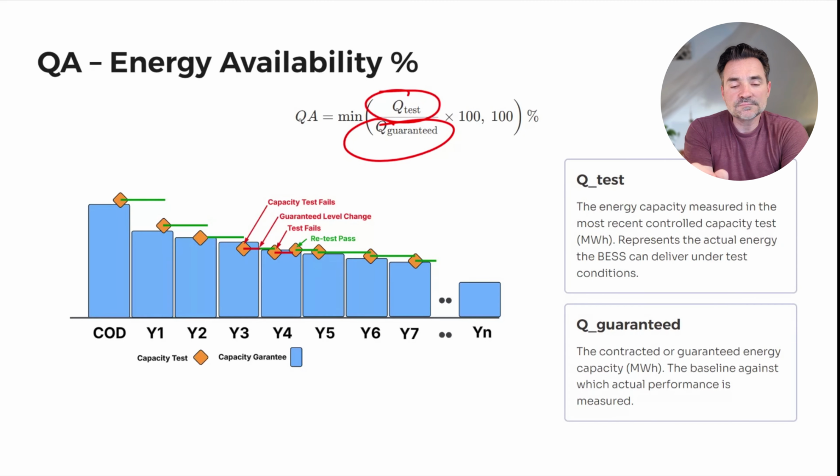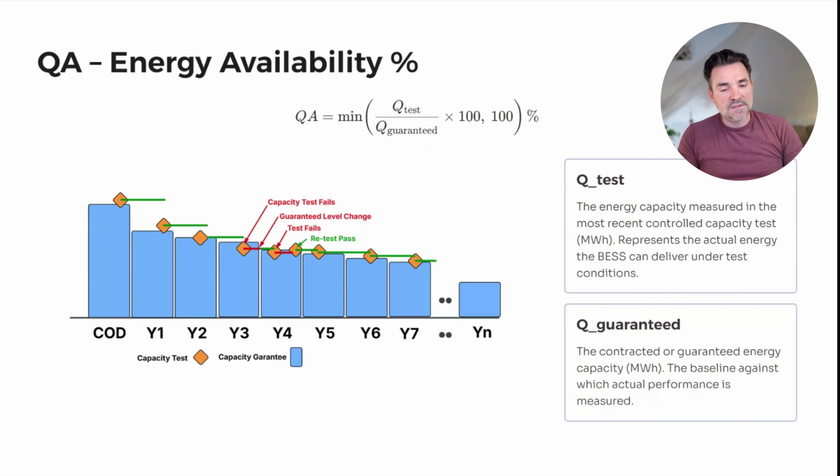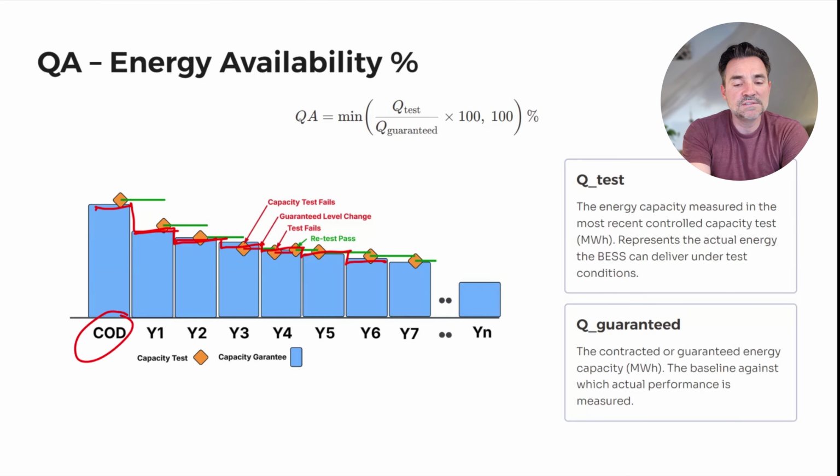in time, and then expressed as a percent and never greater than 100 percent. Now you'll have to keep in mind that availability and guaranteed energy are typically adjusted every year, and they will step down maybe every 12 months. And then they're often not linear. They're just like, on the first anniversary of your commercial operation date, it will just drop down to a